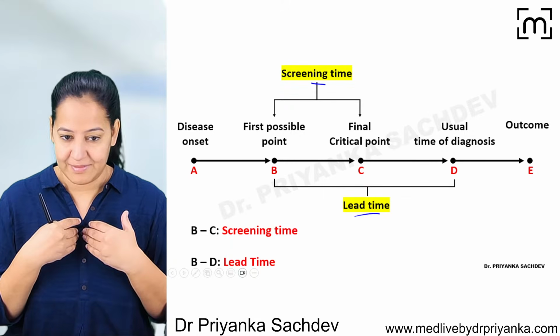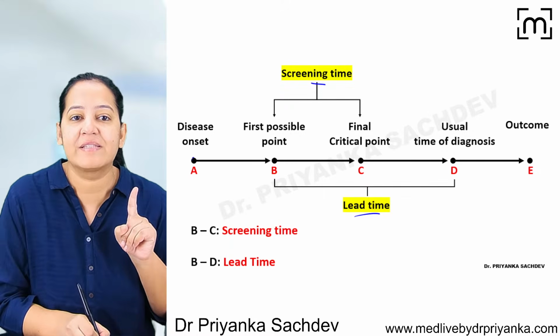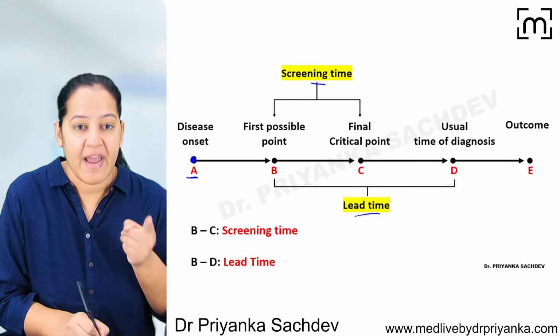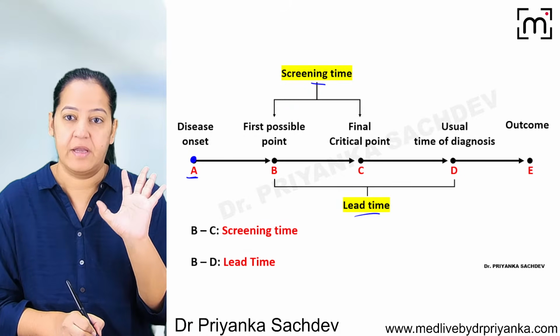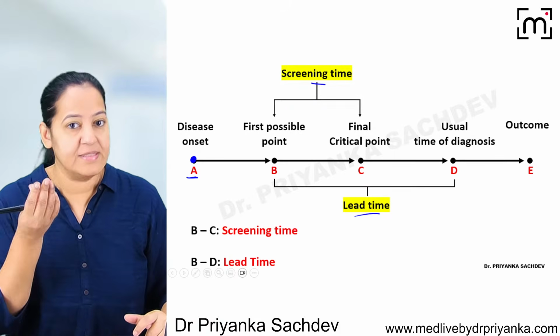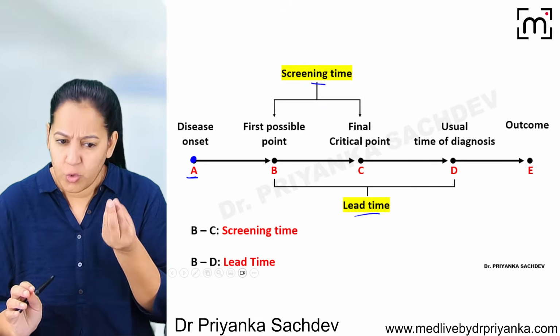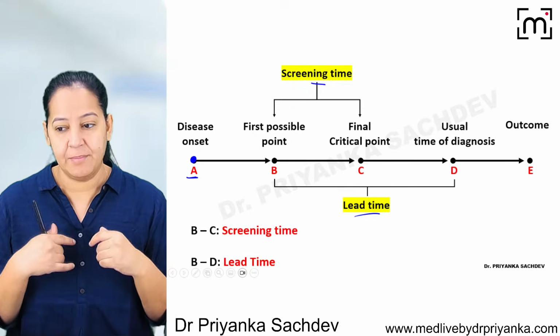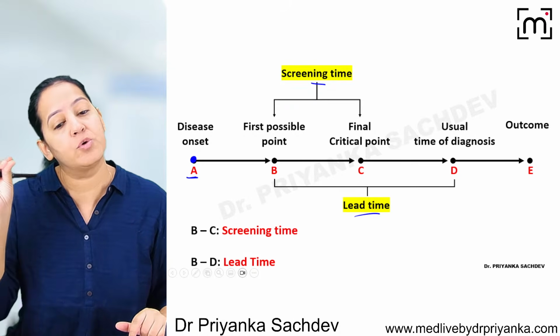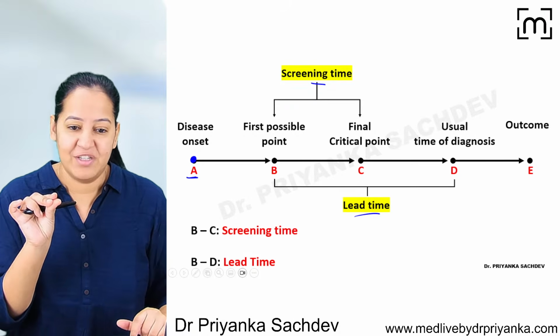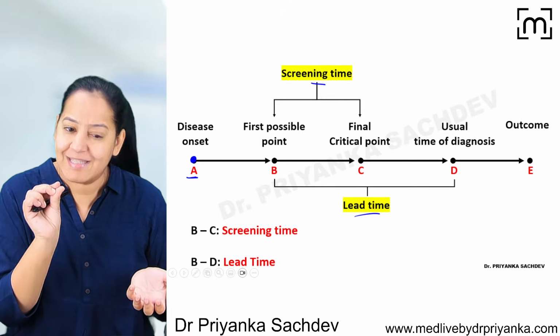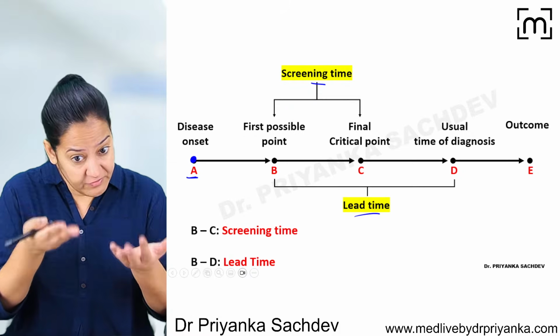Now just suppose I am the subject and inside me some disease has started. Okay, this is point A. And inside my body, some disease has started. Now, there is no test. As soon as the disease is started, it cannot be detected. It has to grow up a little bit. If I'm having some lesion, maybe the lesion is 0.00001 millimeter or centimeter. It cannot be detected. It is so small. It has to be a little bit grown up so that we can detect it.